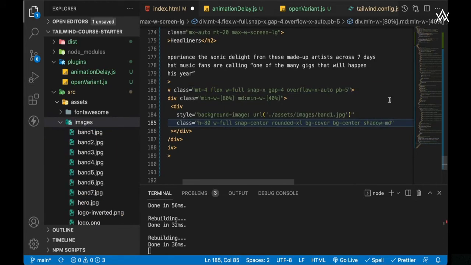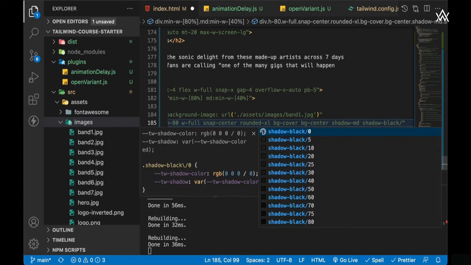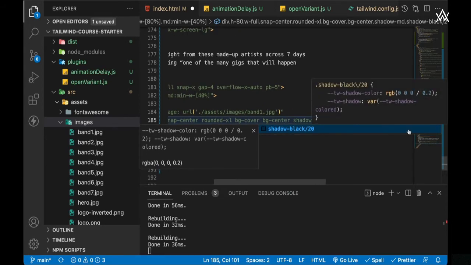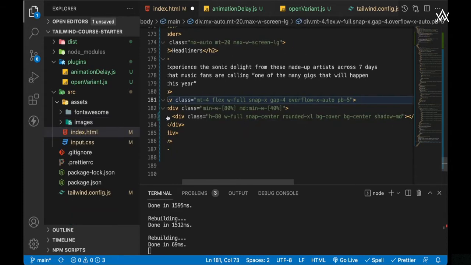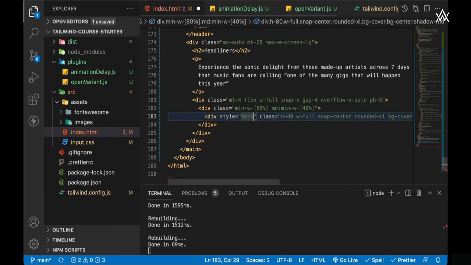And for the shadow to work, we also need to specify a shadow color. So I'm going to specify a shadow-black, and I want it to be a slightly transparent black. So I'm going to have 20% transparency for the shadow black. Just like what we've done before with the background colors, we can specify a color and then slash, and then the amount of transparency that we want for that color. Then all we need to do is add this background image. So let's add a style attribute here, and let's go background-image and url here. So the URL will be in